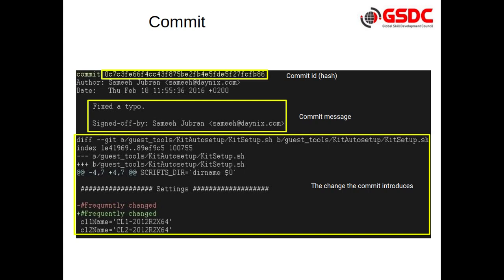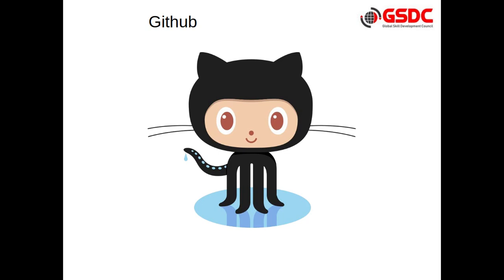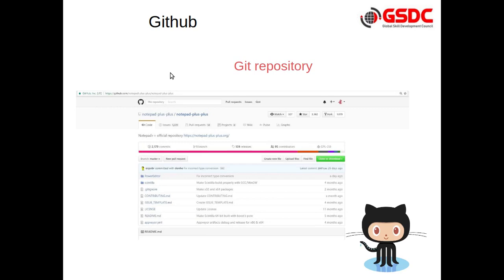Now what is GitHub? GitHub is the location where we can put our projects, so that any team or anyone who wants to use them can just access that project from GitHub. Now how does GitHub look? On the GitHub website we have to create an account, and there we can create Git repositories. So this is how it looks on the internet.